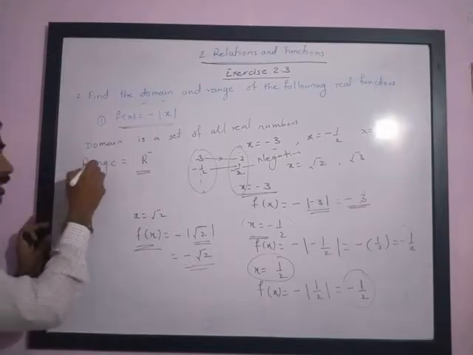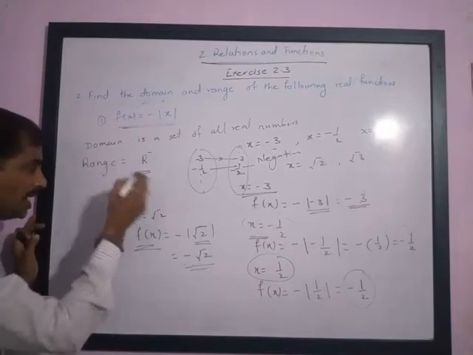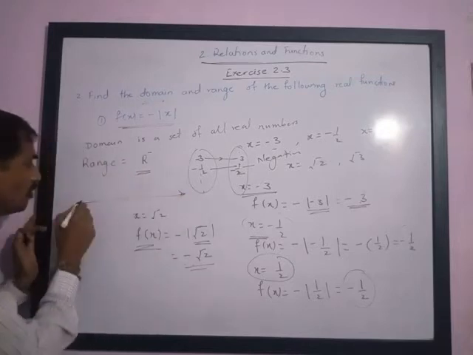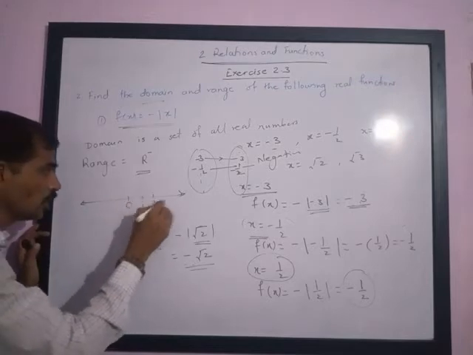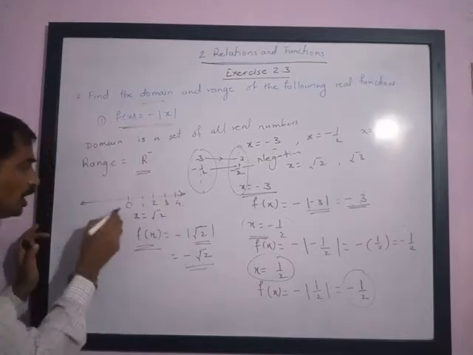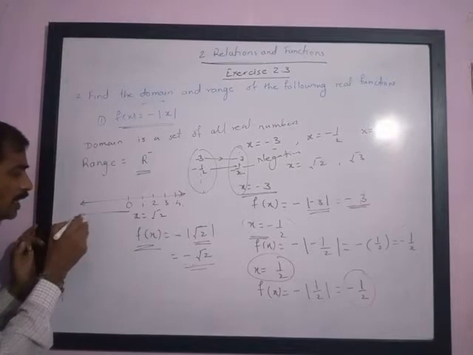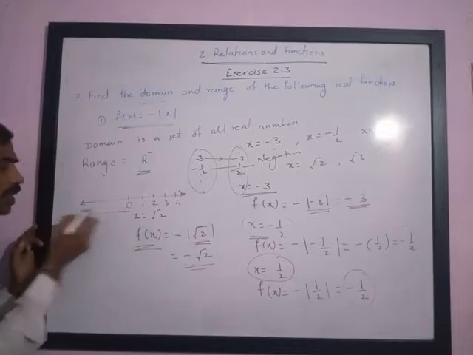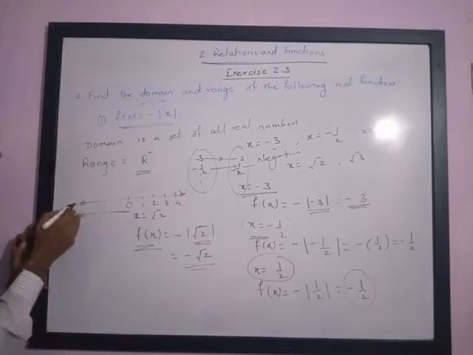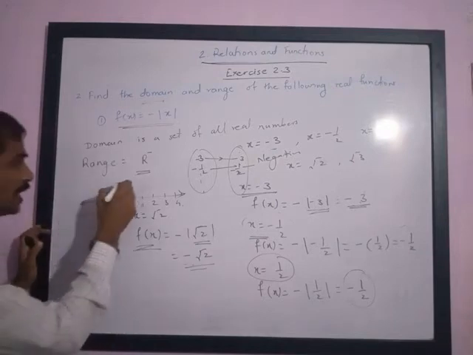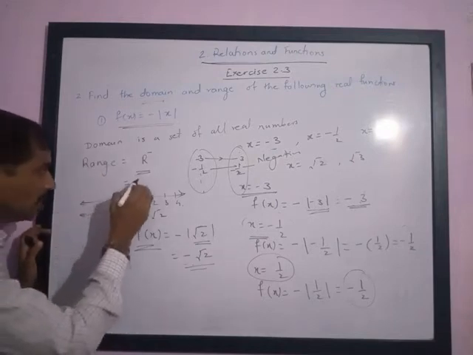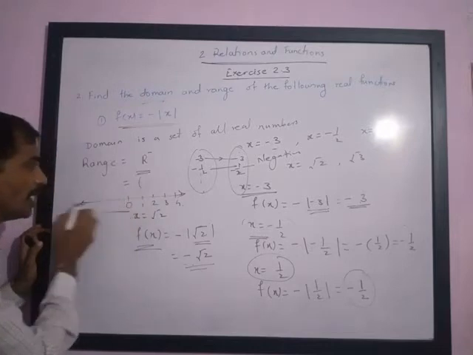How can this be written? Please try to understand. Negative real numbers, now we know that there is a number line. So this is 0, 1, 2, 3, 4. It will have all the numbers in this direction from 0 to negative. This will not end. Please note, real numbers go on and on. It doesn't end. So the range is a set of very large negative numbers.